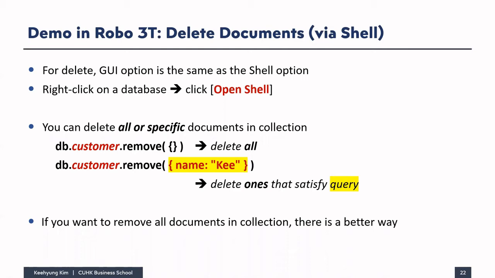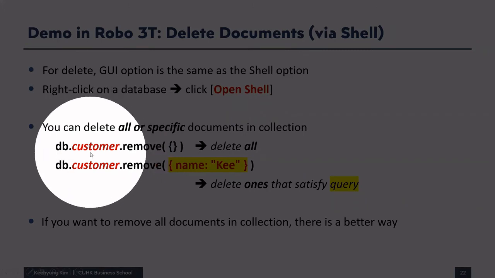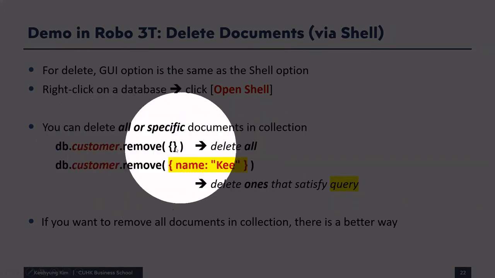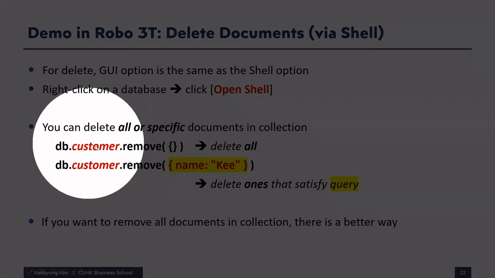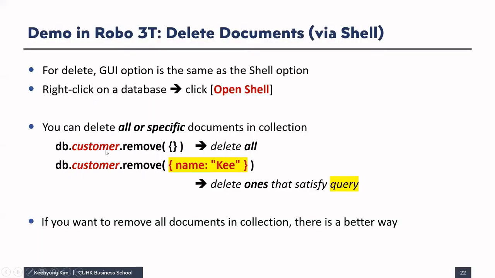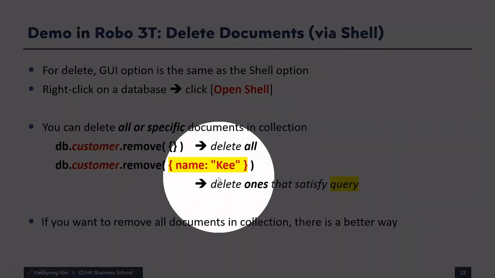So if I want to delete all the documents in the customer collection, you can use the db.customer collection name.remove function, and you can use this open bracket and close bracket. It means that you want to delete all the documents inside the customer collection. If you want to delete a certain document, then inside this bracket, you have to specify which document you want